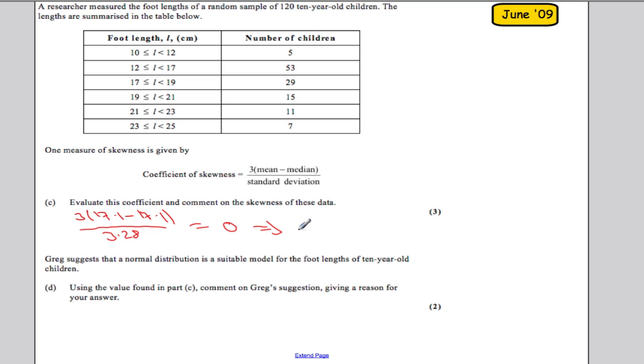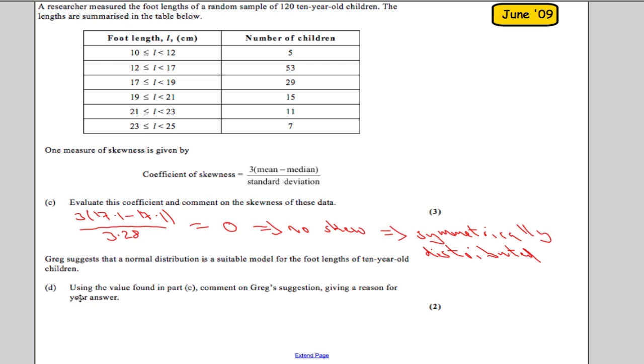So that means it's no skew, which implies symmetrically distributed. So symmetrically distributed. Greg suggests that a normal distribution will be suitable for the model for foot lengths of 10-year-old